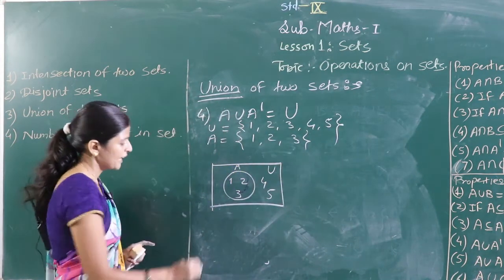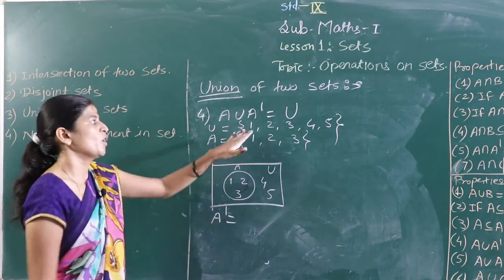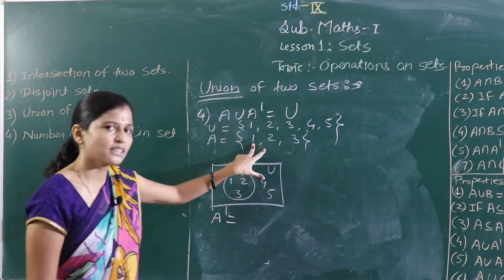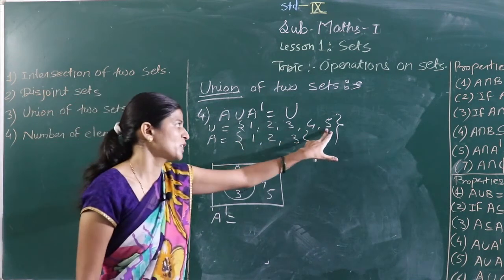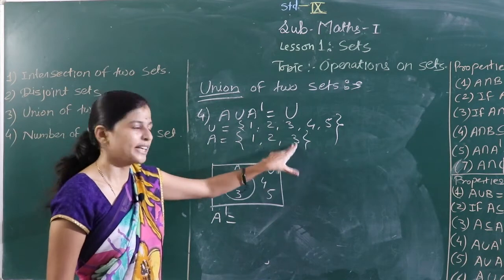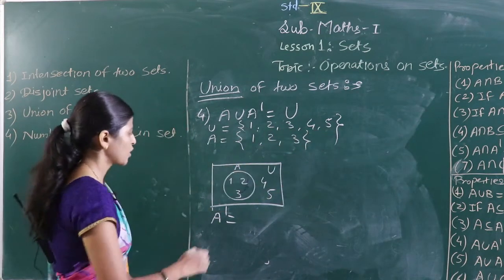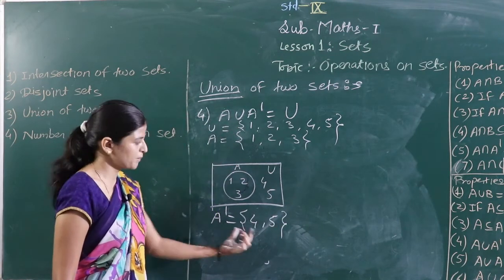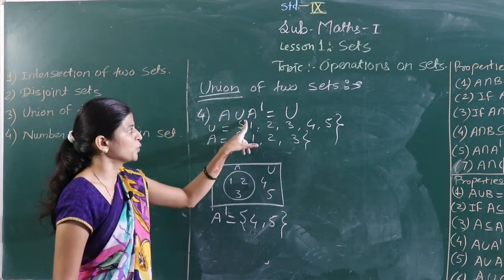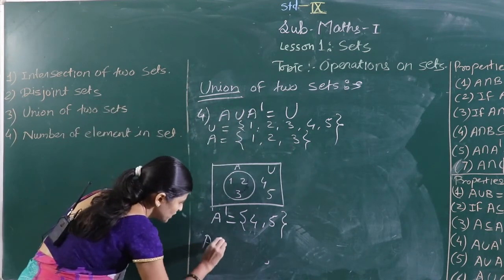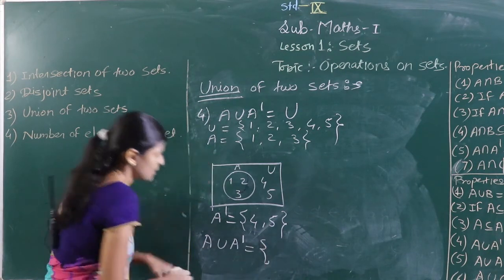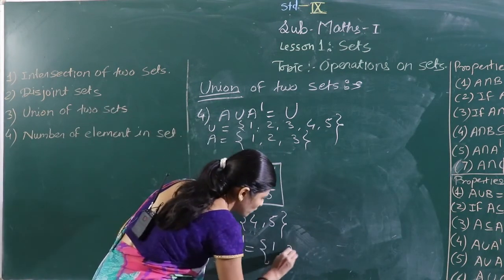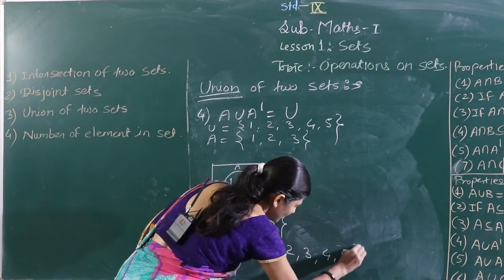Now we have to find out A complement. A complement is nothing but all the elements of the universal set other than set A. All other than these elements of set A, all the elements of the universal set. So common elements are 1, 2, 3, except these elements we write A complement is 4, 5. Meaning the set of A complement is 4 and 5. Now we have to take A union A complement. So we take the union of both the sets. A union A complement is the elements of set A and also the elements of the other set. Meaning we get here A union A complement is 1, 2, 3, 4 and 5.